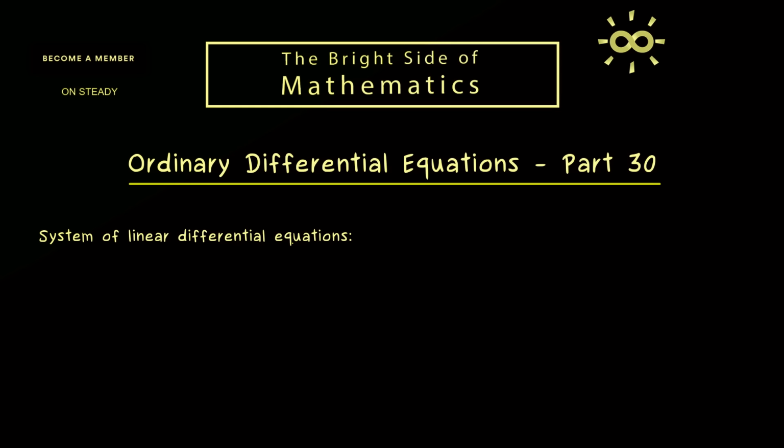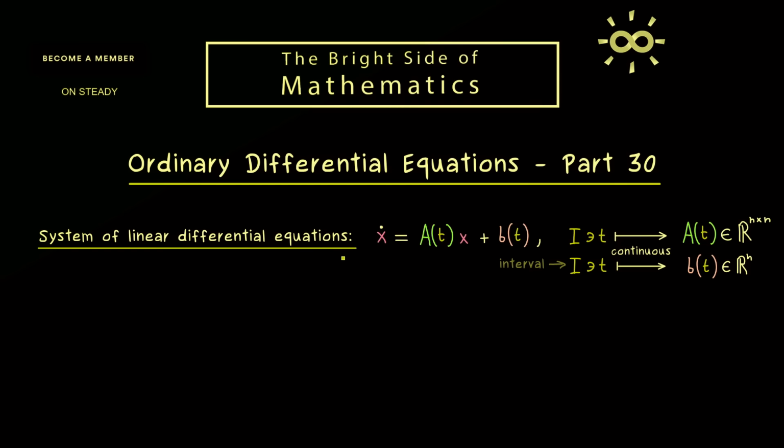And with that out of the way, I would say we can immediately start with the general assumption of this video. It is the same as in the former videos, we have a system of ODEs which are linear. And just to make it clear, this also means that the two maps that are involved here, the matrix mapping and the vector mapping, are continuous maps that are defined on an interval of R. And under these assumptions, I want to show you the method of integrating factors, and let's start with the simplest